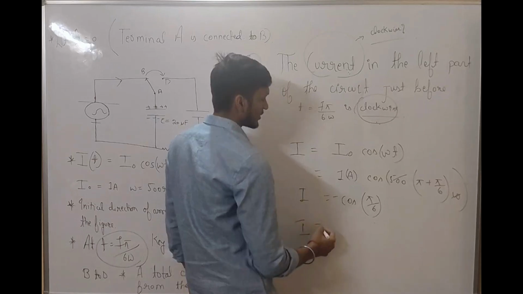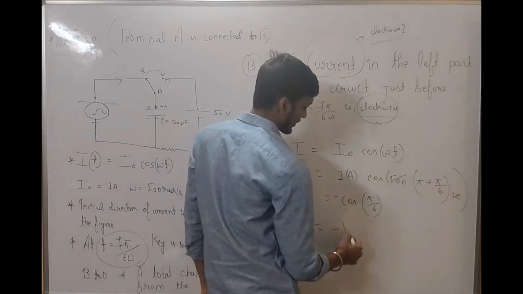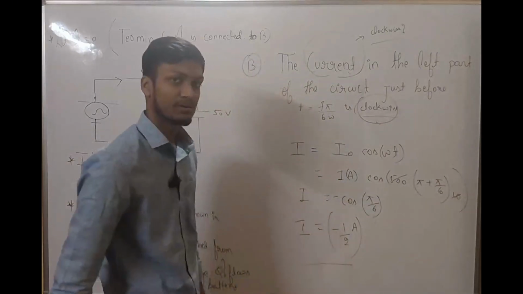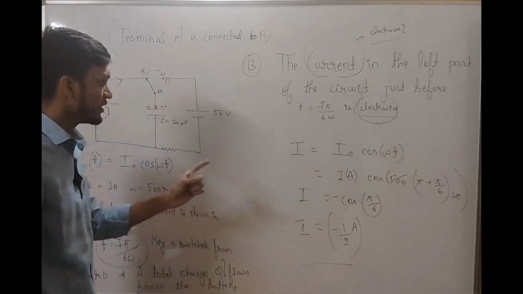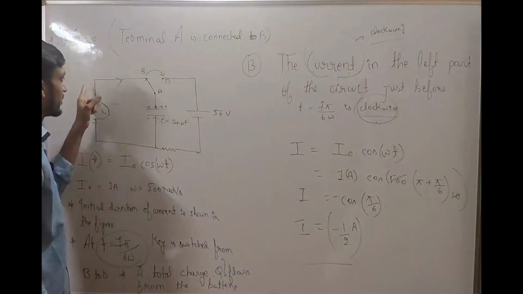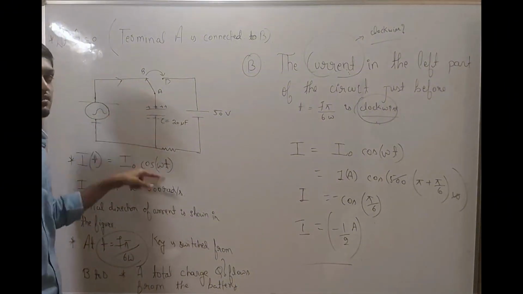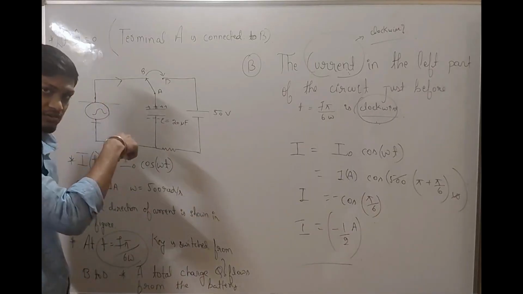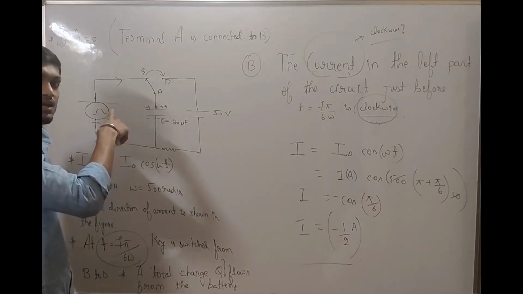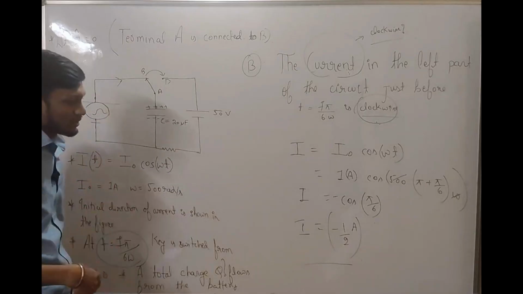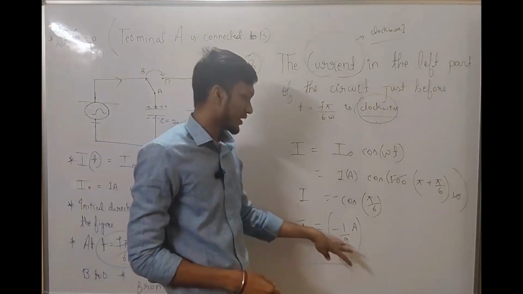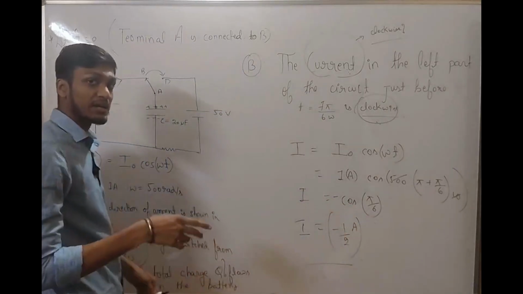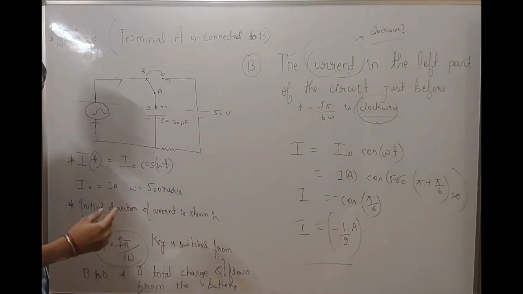So the current at this point of time is minus half ampere. What does this imply? Initially the current is in this direction, and this direction implies a positive current. This direction is a clockwise direction. If we are getting a negative current, then definitely at this particular time when the current is